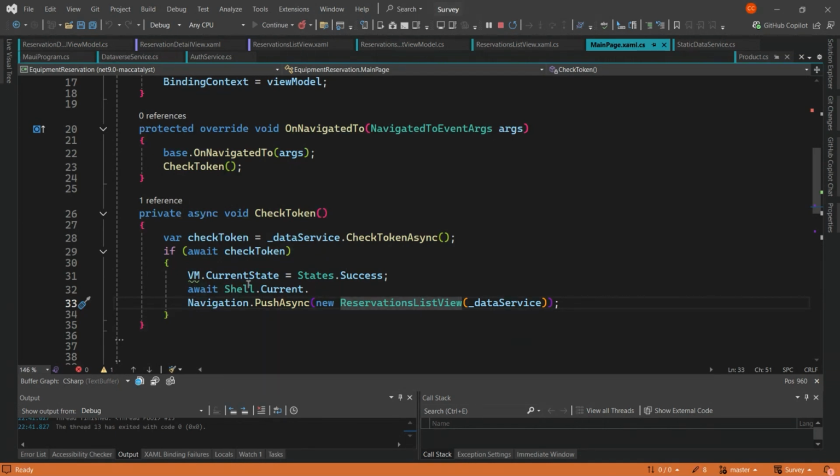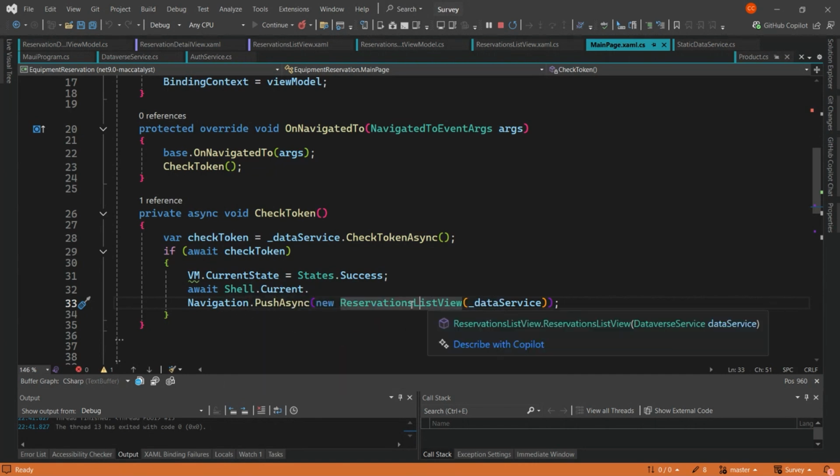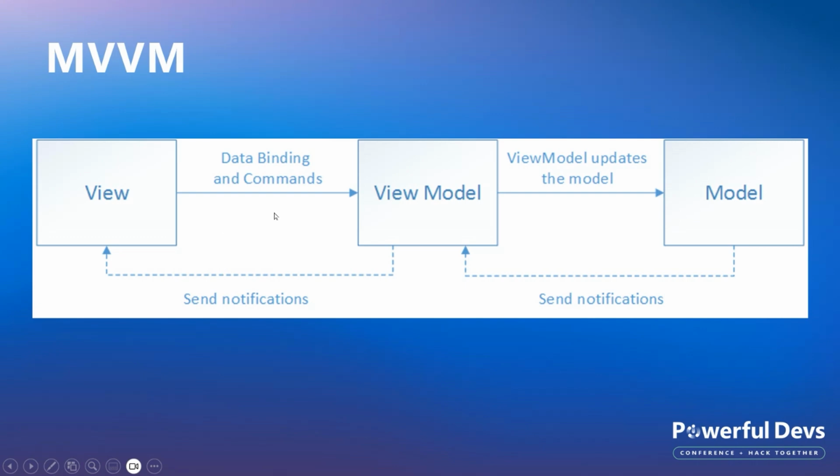And then what we're doing with these methods now is pushing to the navigation a new reservation list view. So if I look at the reservation list view, and maybe a bit of a segue now and back to our presentation, we've got to understand MVVM is what it's called. MVVM, standing for Model View ViewModel, is a community toolkit effectively generated method of allowing an abstraction from the model,